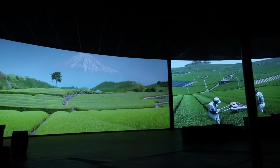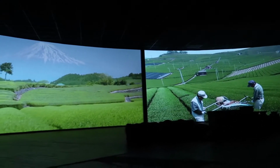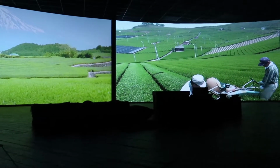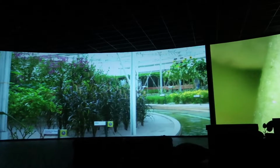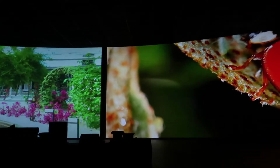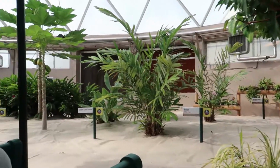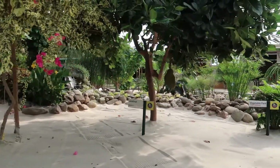In Japan, we're learning that by mixing leaves and other living materials into our soil, we can make farmland more fertile without the need for chemicals. Here at EPCOT, we're learning to reduce the need for chemical pesticides by breeding and using natural predators, like ladybugs and wasps, to control pests. These are just a few of the edible plants that have been an important source of nutrition for people living in the...